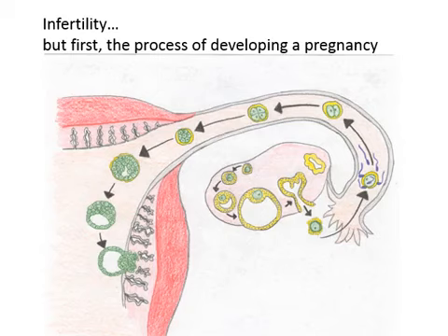In the next set of slides, we'll cover infertility, but first let's cover the process of a developing pregnancy. So how does a pregnancy occur when it does normally? So let's look first at the ovary. So the ovary is right here in this drawing, and what you can see is the developing follicle as it